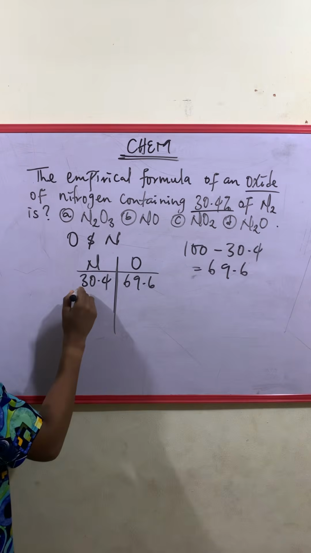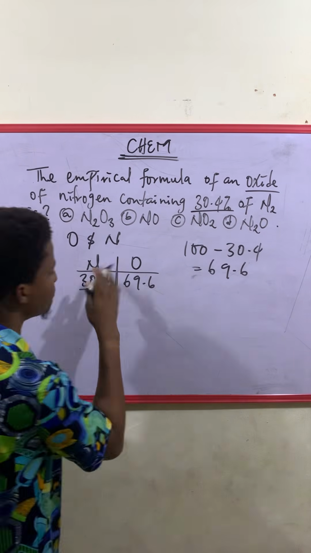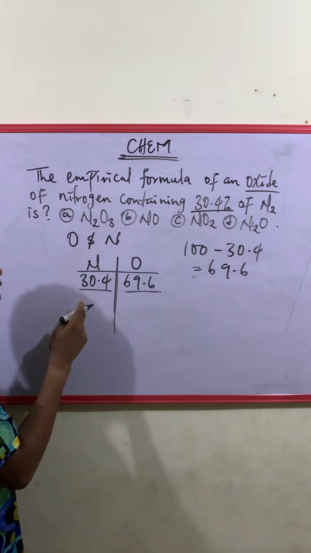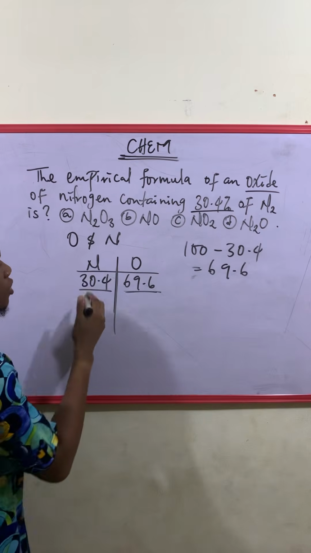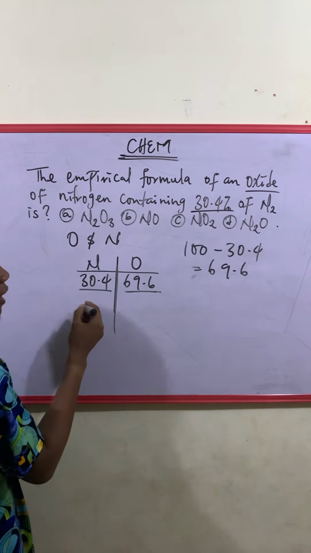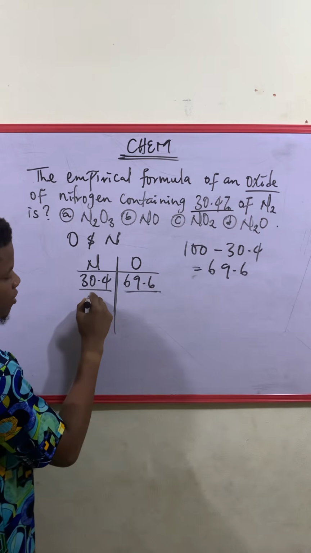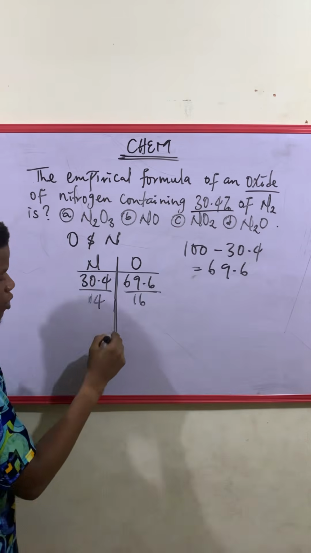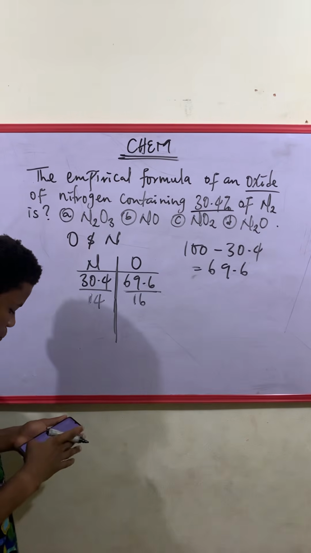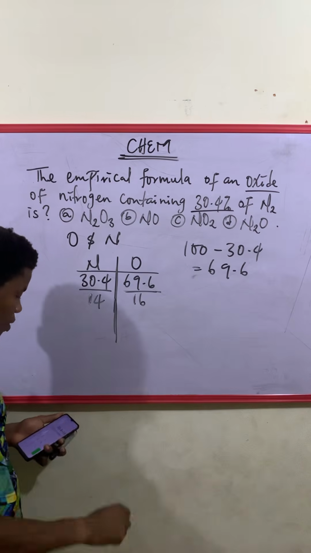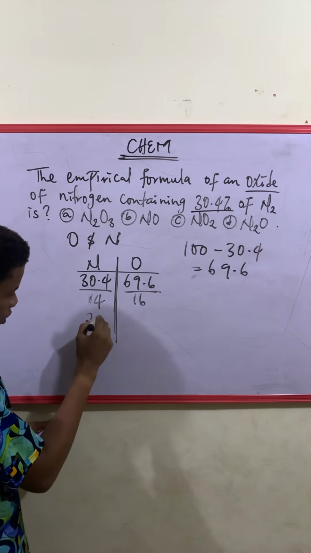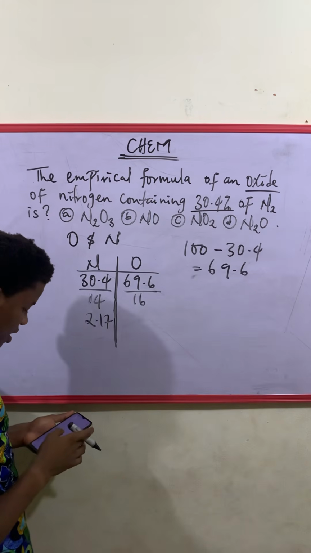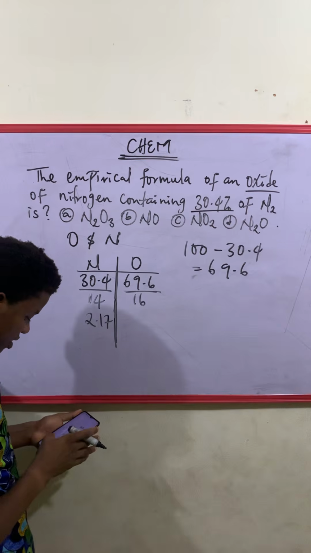Now, first thing to do, divide both sides by the molecular mass, the mass of oxygen and the mass of nitrogen. But then this is just N, not N2. All right, so right here, 14, and we'll divide here by what? 16. So by the time we do that, 30.4 divided by 14, we are going to have 2.17, and then 69.6 divided by 16, we're going to have